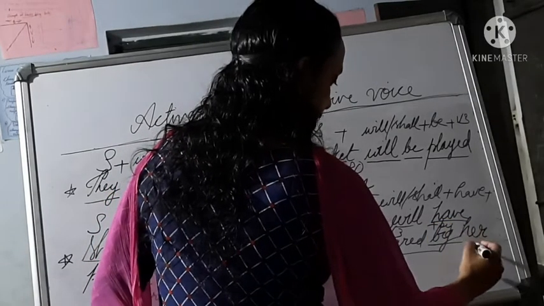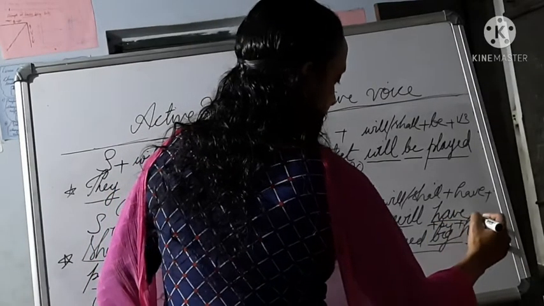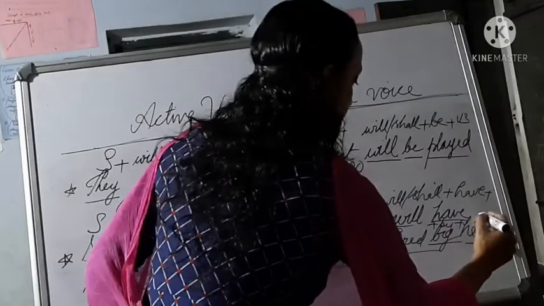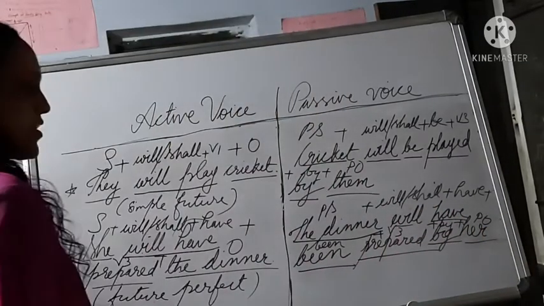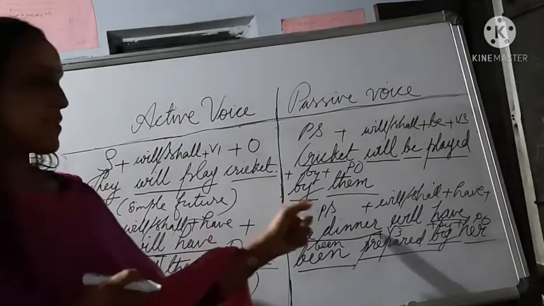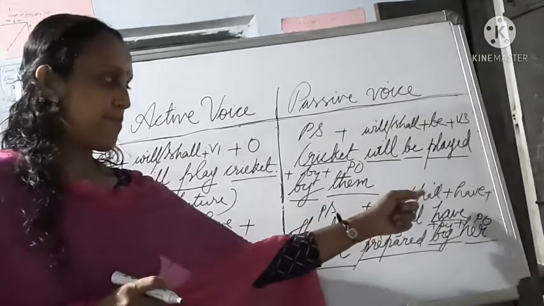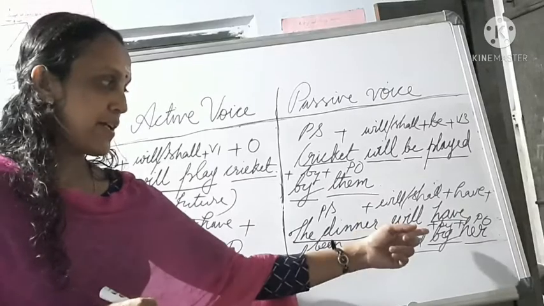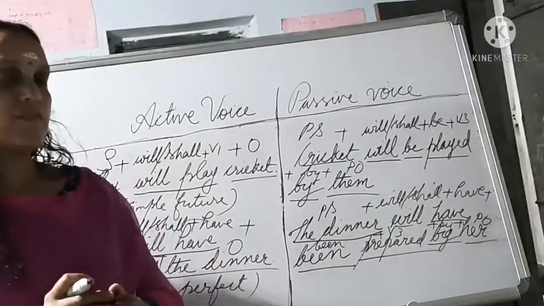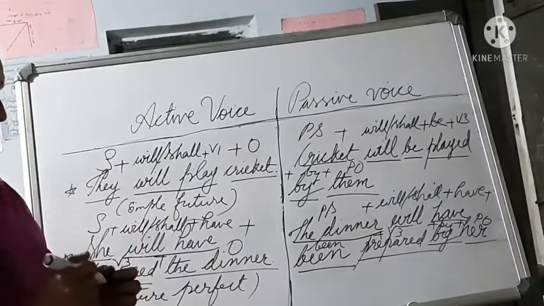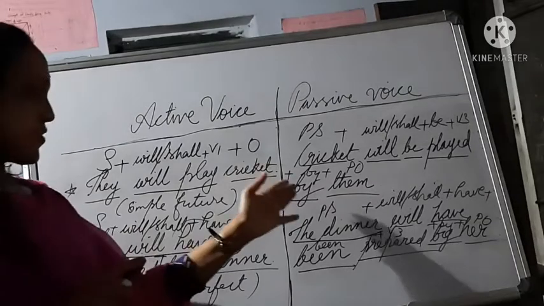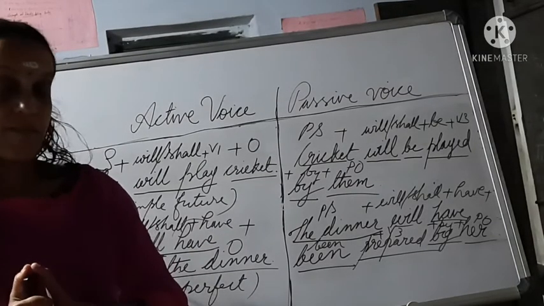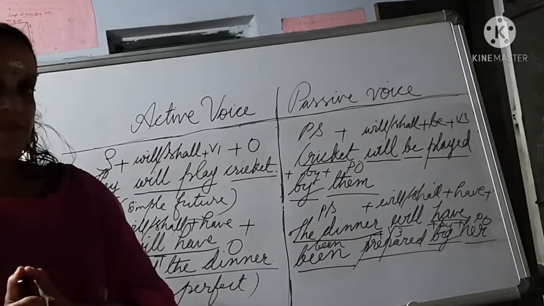You have to use by. Then the subject in active voice, and here we can call it the passive object. So the rule is passive subject plus will or shall plus have plus being plus V3 plus by plus passive object. So study this rule also and make many sentences by yourself and convert them into passive voice